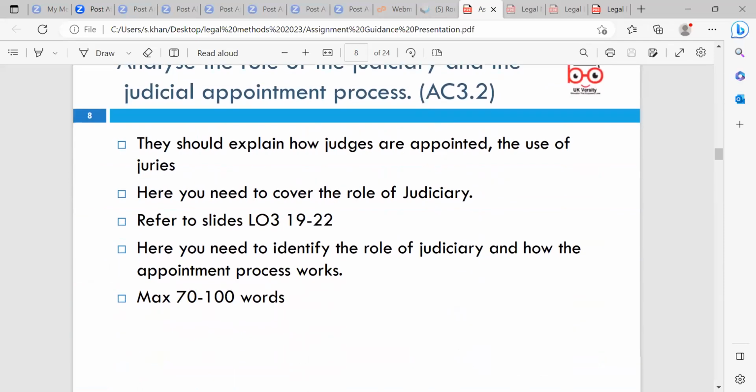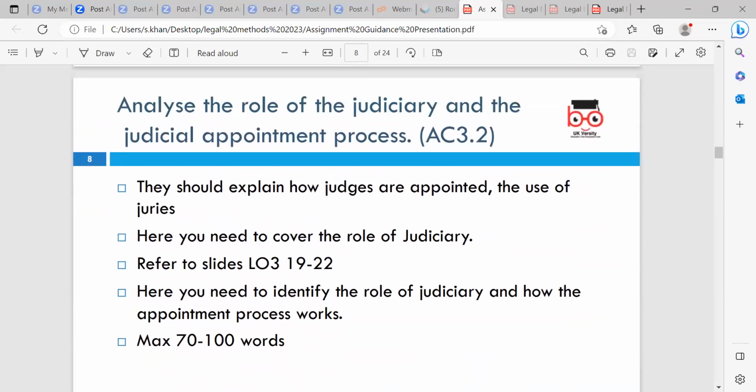So then you need to analyze the role of the judiciary and the judicial appointment process, and that's AC 3.2. So that's learning outcome 3.2, okay? You should explain how judges are appointed, the use of juries. Here you need to cover the role of the judiciary, and you need to